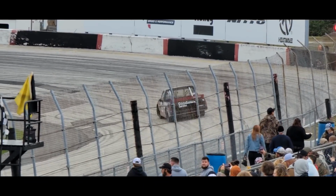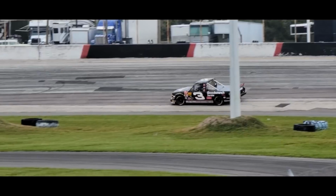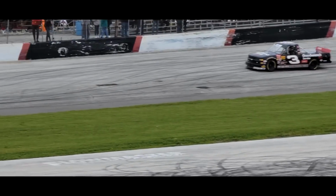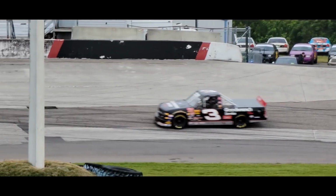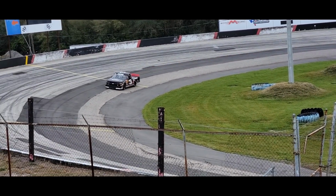We have not seen that thing in a while, but man, it is a good treat to see out here. Oh, it looks so good, sounds good, drives good. It's got 427 in it, tuned by KSR Performance. They lowered that thing down, got the body completely dialed in. The thing was right, that's for